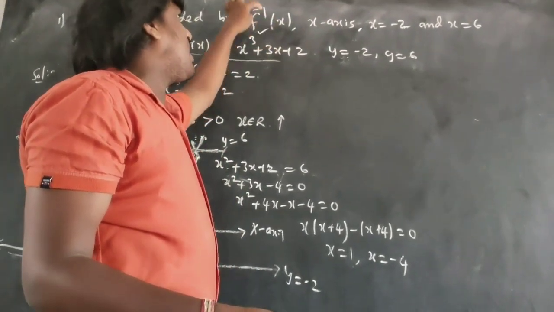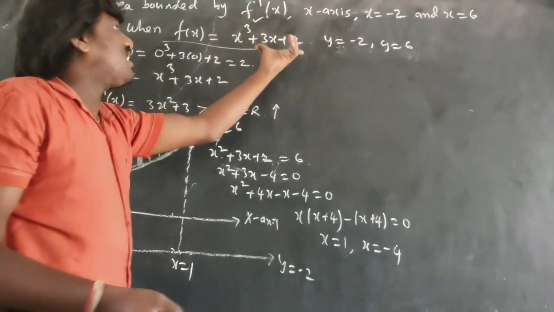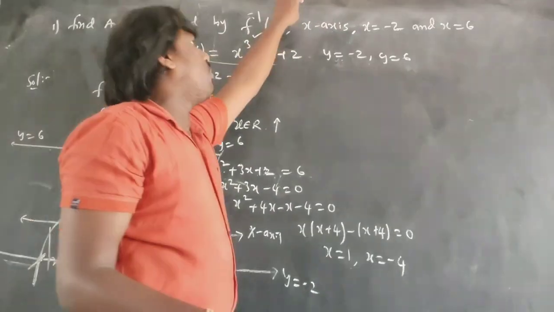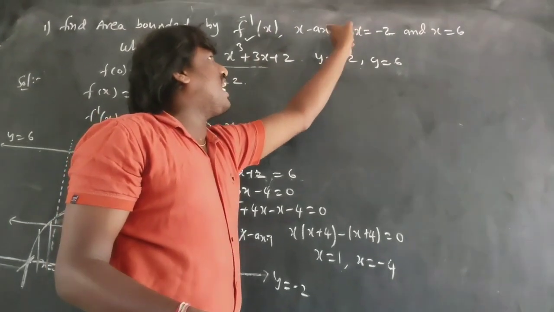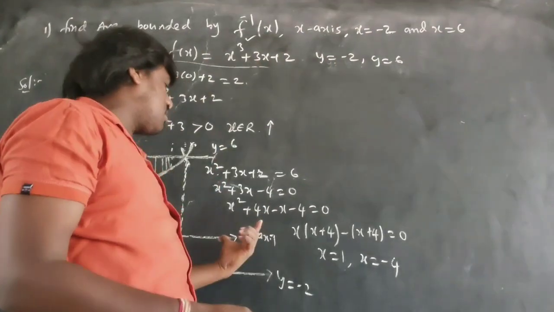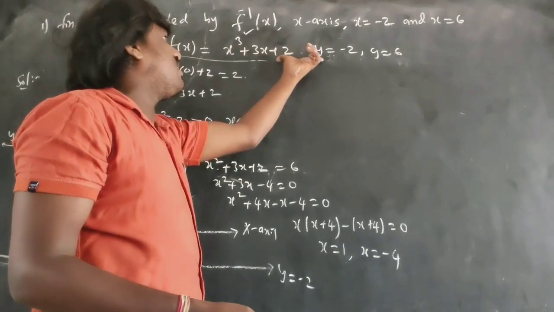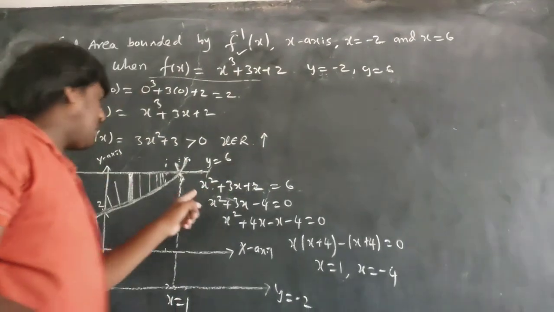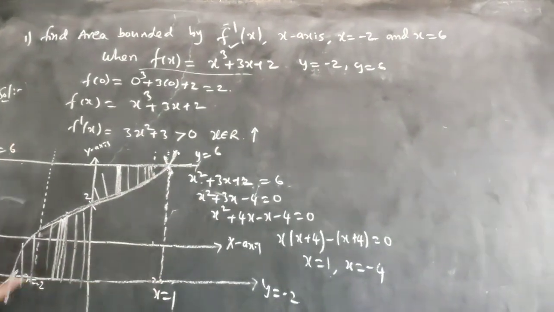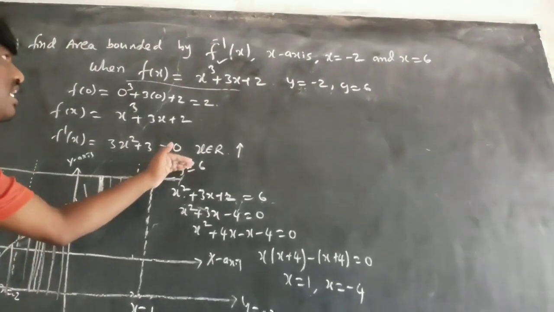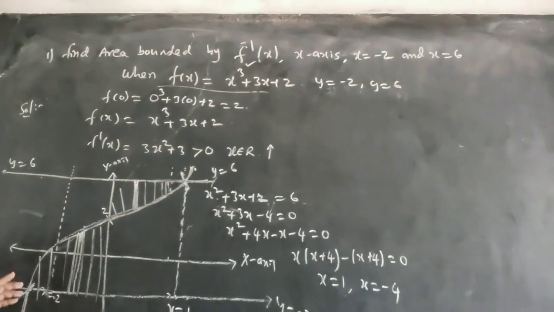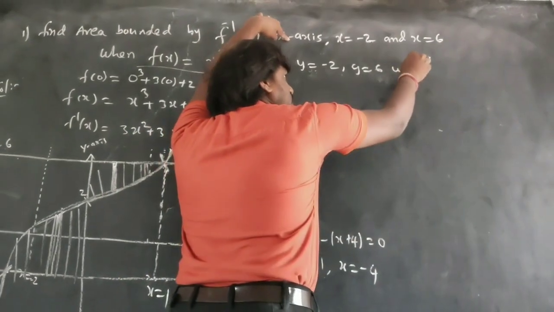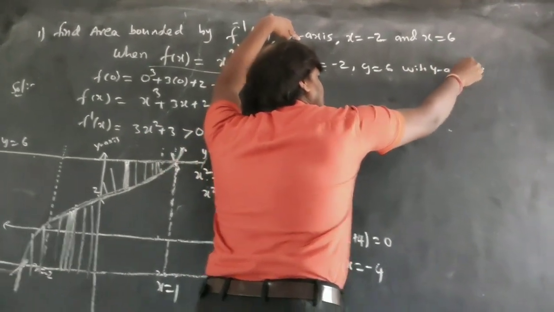So I cannot find f inverse x now. I will take this area and find this area, and I say this area will be equal to this. And I am not going to take anything of this in the picture of this graph. I am dealing with this only. So y is equal to minus 2 I have taken. This is the line. Y is equal to 6 I took, and the graph I took, the shaded region with y-axis. X-axis is there, so you will get with y-axis. So what is the area with y-axis?